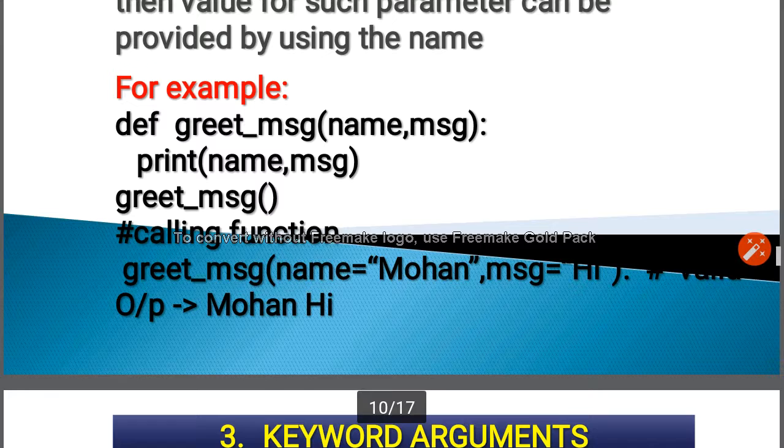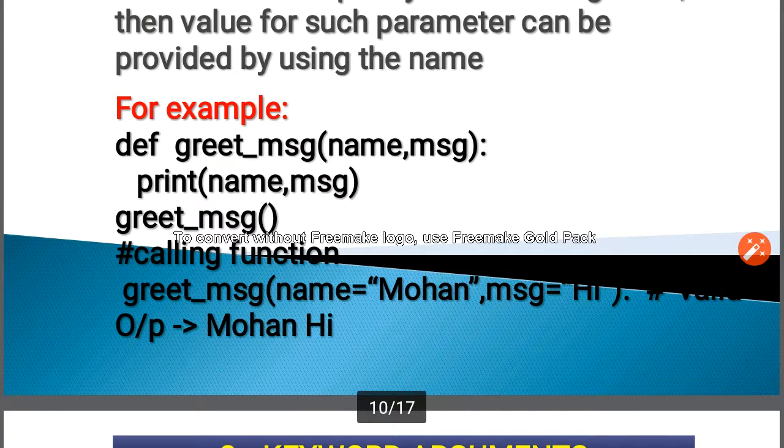For example, we have def greet_message(name, message): print(name, message). Now we are calling the function as greet_message(name="Mohan", msg="hi").